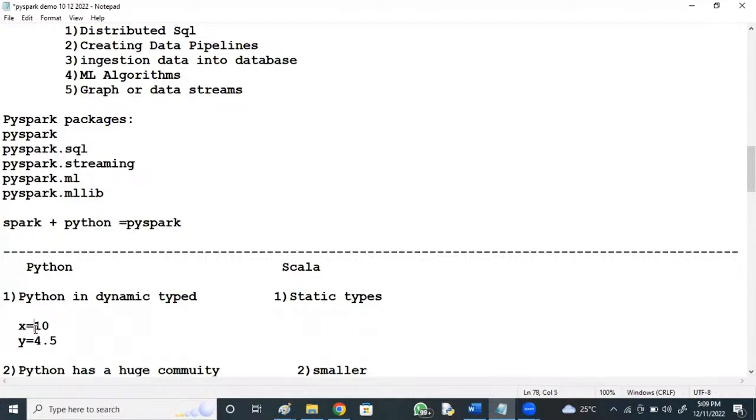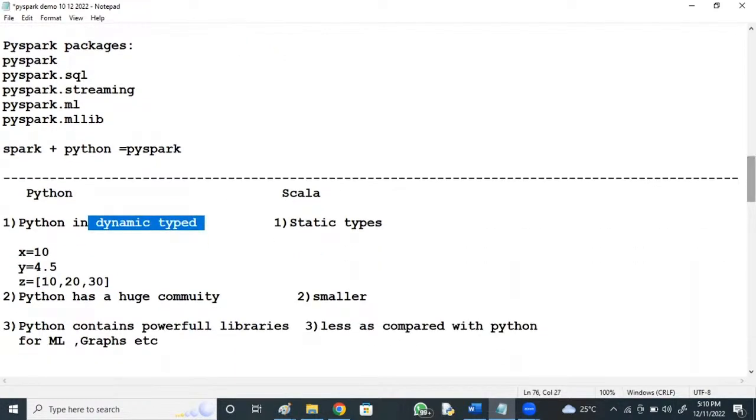Whatever value you assign, an integer variable is created for an integer, and a float variable for a float. z equal to a list 10, 20, 30 creates a list type variable, because you are assigning a list to it. So based on the value you assign, the variable is created dynamically, it's dynamically typed. Scala is statically typed.